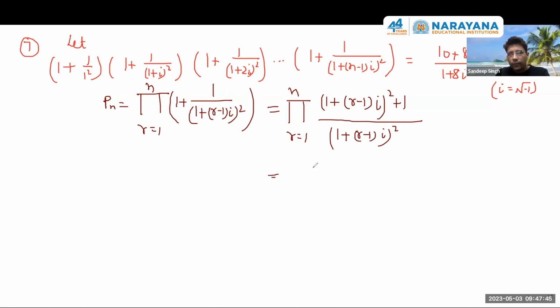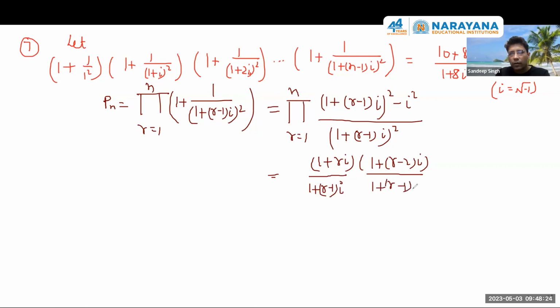We can write 1 as minus i square. You want to factorize this. So the numerator 1 is minus i square, and now I can make the factors. If I make the factors, this will be (1 plus r i)(1 plus (r minus 2) i), and this whole divided by, I shall split this into a product of two terms, (1 plus r i) and (1 plus (r minus 1) i),